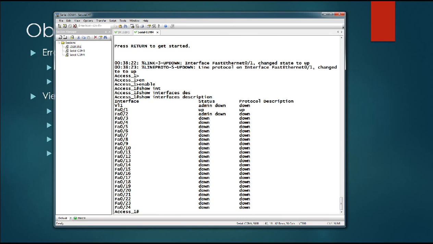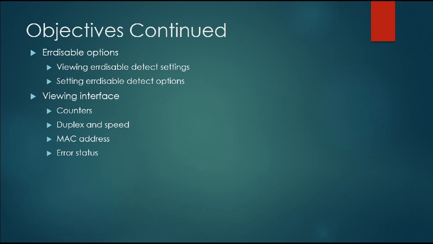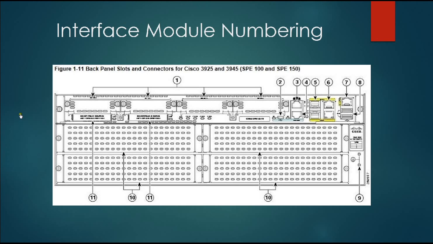Now, if we have the ability to plug in modules, like this example here, here's an example of a 3925. It has the ability to plug in 4 modules into this device. If we were to have a module plugged in here, let's say a 24 port Fast Ethernet module plugged into this spot right here, then just like we had gone to FA0/1 on the other interface, if we wanted to get to the first interface on this module, it would be